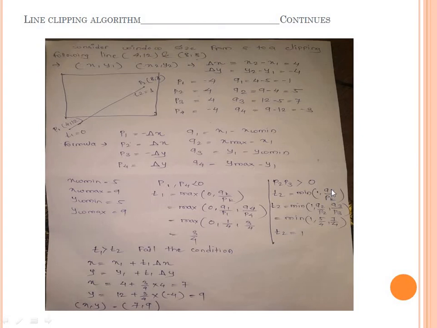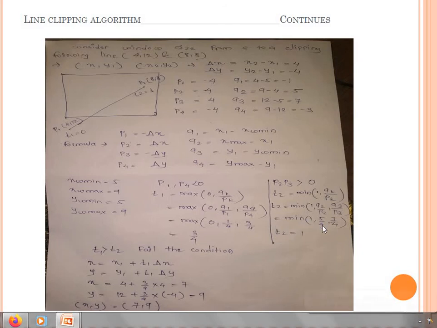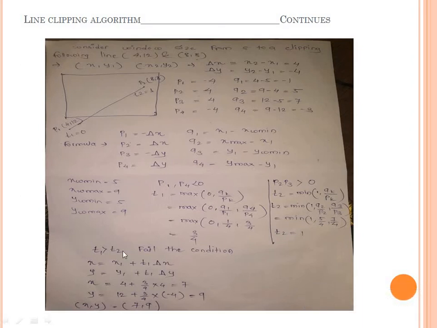upon Pk, that is Qi upon Pi. So here it is the minimum of 1, Q2 upon P2 and Q3 upon P3, since the P2 and P3 values are greater than 0. So it is equal to the minimum of 1, 5/4 and 7/4, and here the T2 value is 1. Then we check the condition: if T1 is greater than